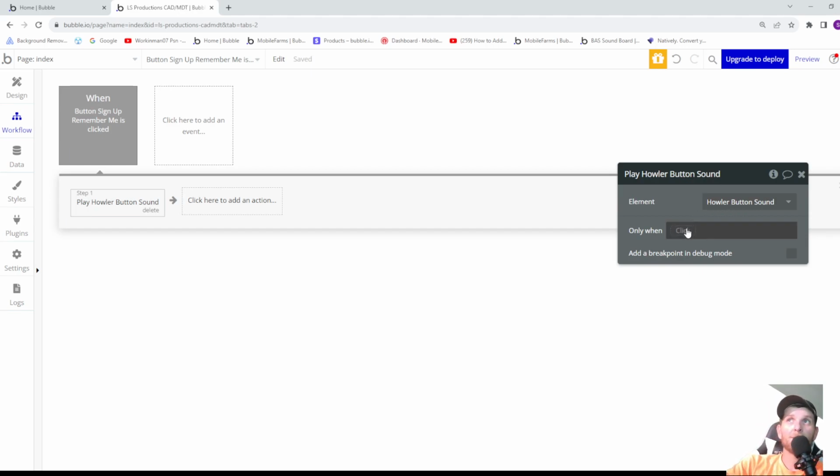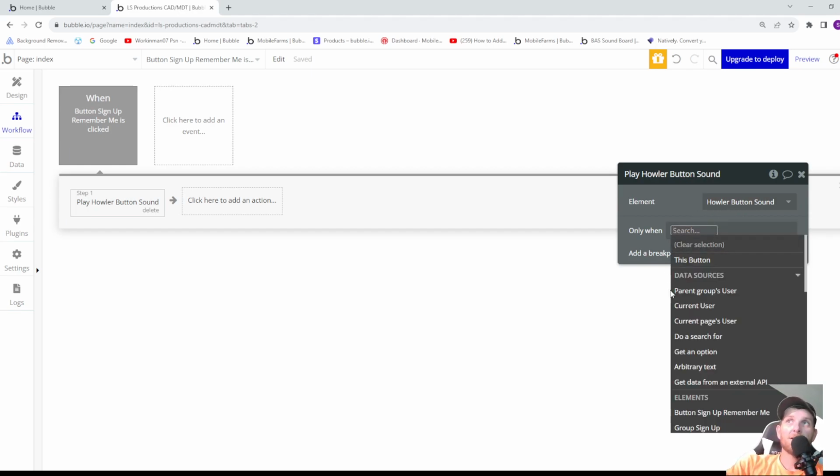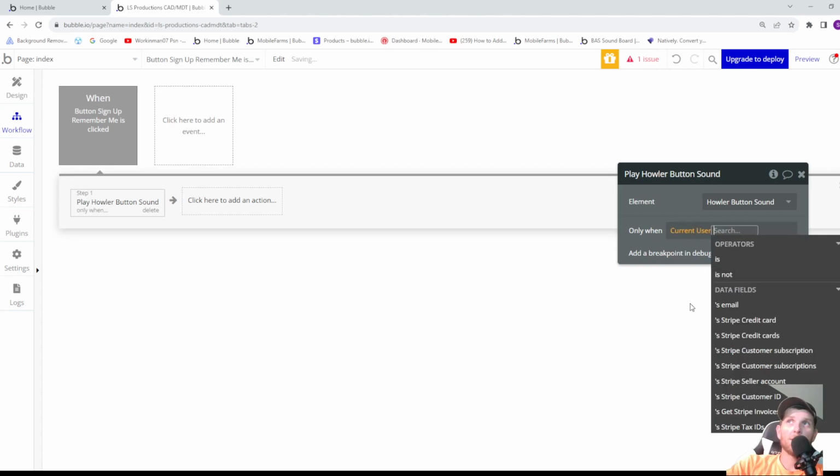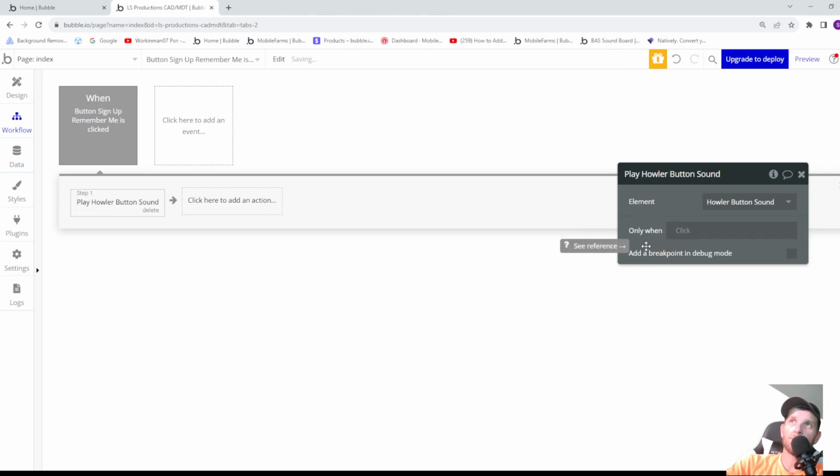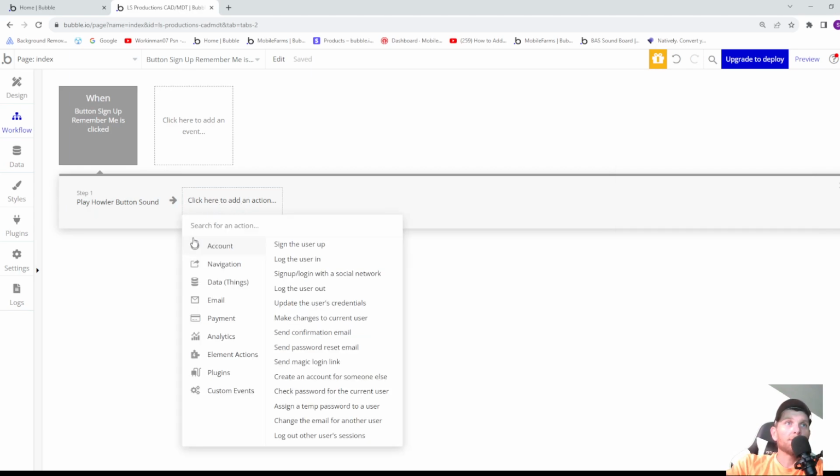Later on, I will set up only when a current user's button sound is yes. And I will set up a setting so users can turn that on and off, basically. But now that we got the sound set up, we will go ahead and create the actual account, which is